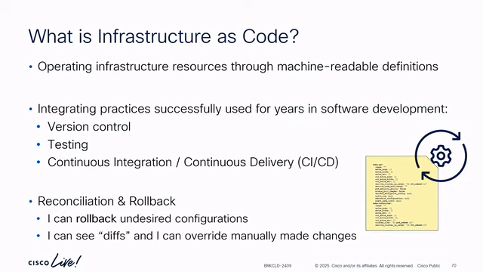So what is infrastructure as code? Very, very brief. It's operating infrastructure through machine-readable configurations, YAML, JSON, HashiCorp configuration language, maybe as some you know of. And we want to integrate software best practices. So version control, tagging, testing, I hope, continuous integration, continuous delivery. So we can build new features. I can publish them in version 1.2. Pedro can then consume that, and he can go on living his life knowing that I've done the correct testing, integration testing, unit testing, system testing, to make sure that his modules will still work.